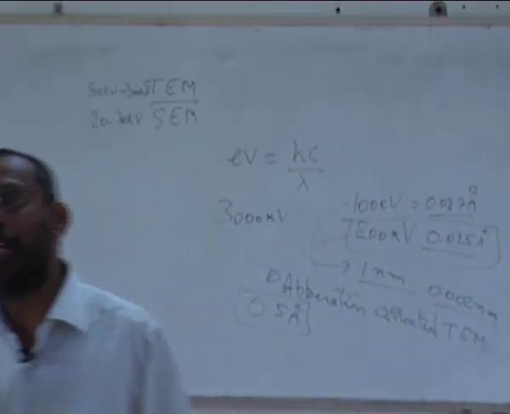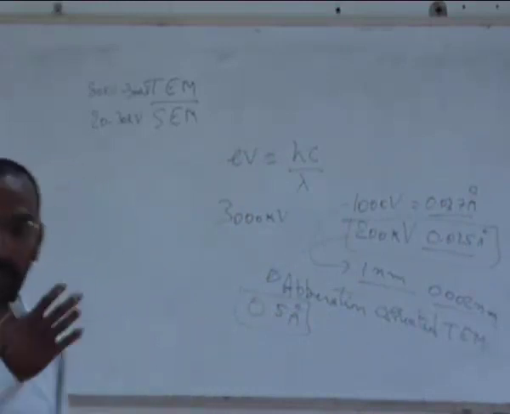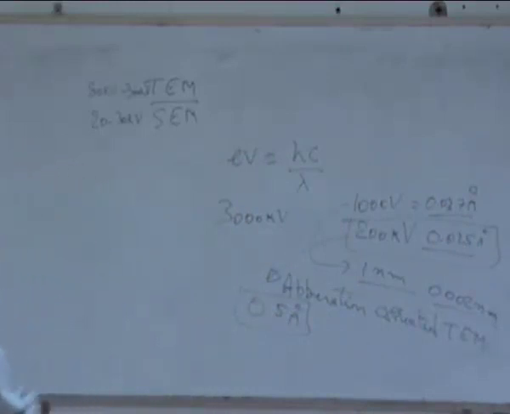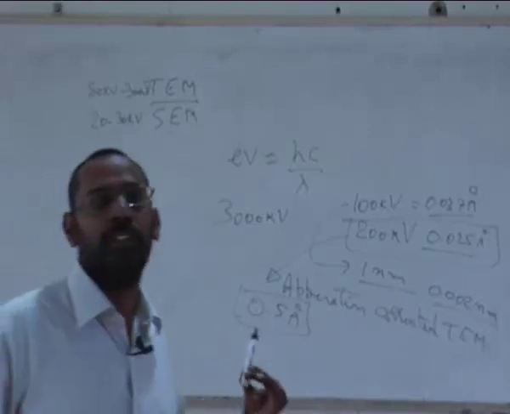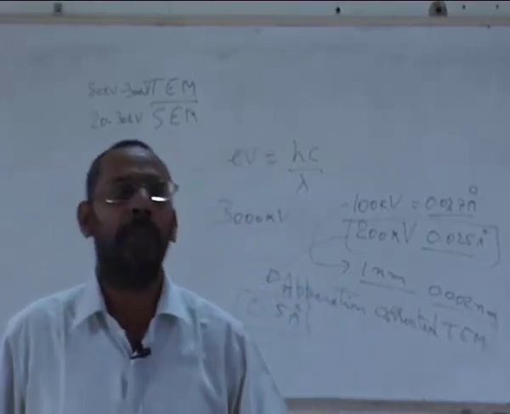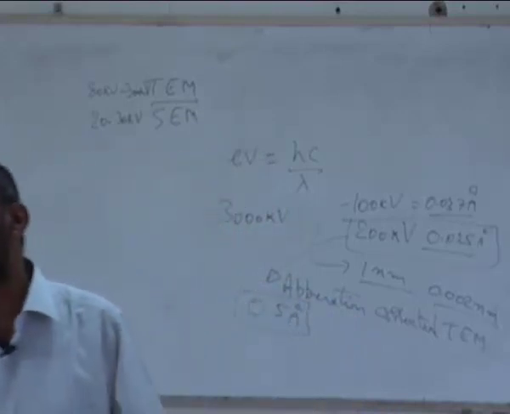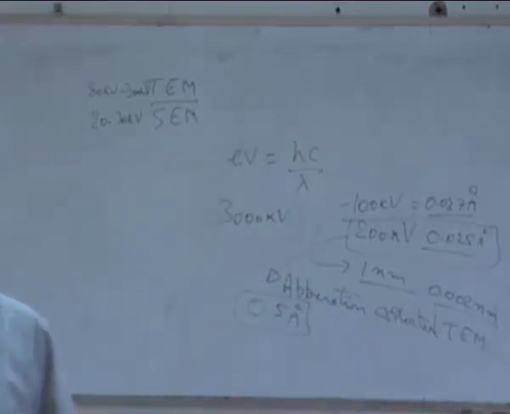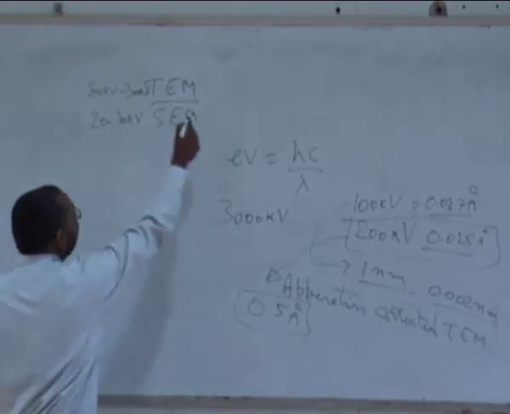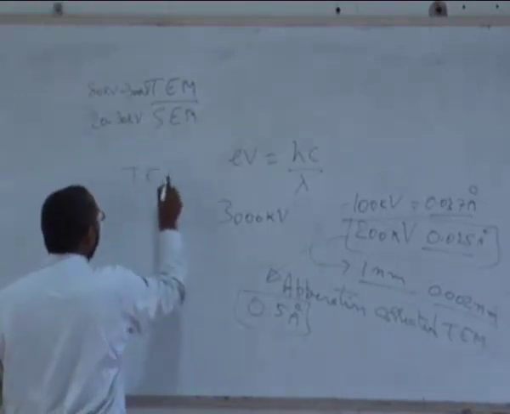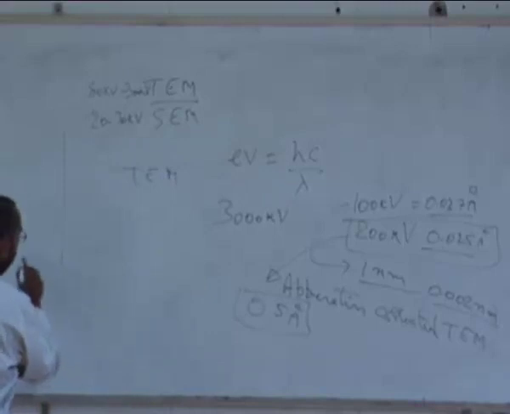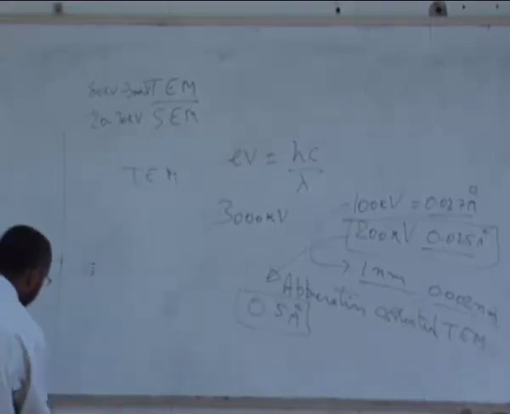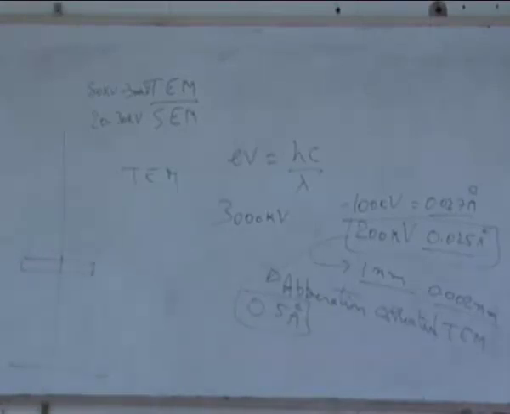It depends on what kind of property that we are looking at. But let's not go into the details of it, but generally all these can be seen using such microscopes, because I cannot see them in an optical microscope. So I should be able to use these instruments for all those purposes which cannot be achieved by an optical microscope. But as I said, because this is a transmission electron microscope, TEM, the electron beam goes through a sample and then gets focused on the image. You see it on a screen at the bottom of the sample.